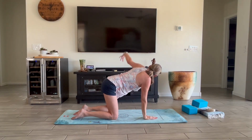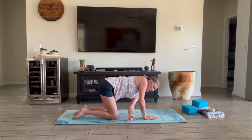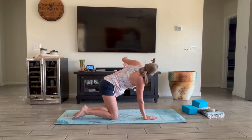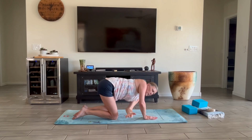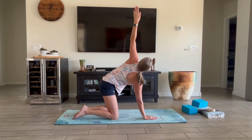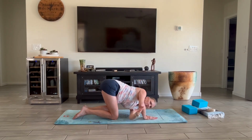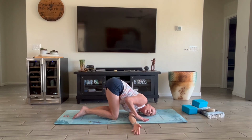So let's inhale our left arm up nice and high. And on an exhale, bring it through and hover this. Don't go into a thread the needle yet. We're just going to hover. And then inhale and all the way up. And exhale, bring it through to a hover. And last time, let's inhale it up. And exhale it. We're going to hover and then gently place that left shoulder, the left arm, the left cheek